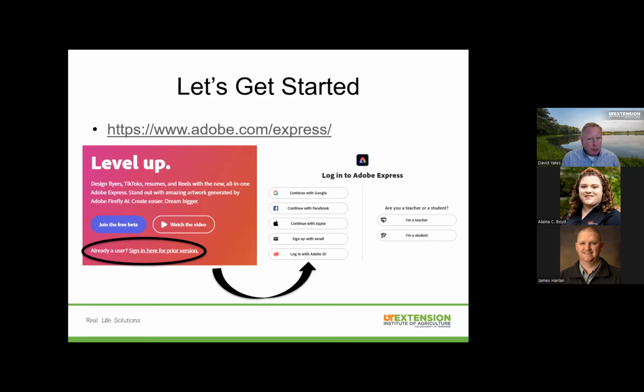I would suggest for right now, if you're just looking at it, start out with the earlier version of it. And then as this beta version comes out, they'll migrate it all together. But for right now, if you go to the Adobe Express page, it's really pumping all about the beta, but just look right down below that. And there's a link that says already a user, sign in here for prior version. That will take you to a page that gives you the different options you have to log into Adobe